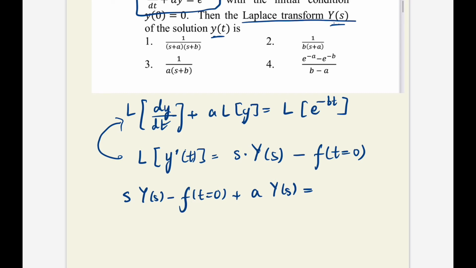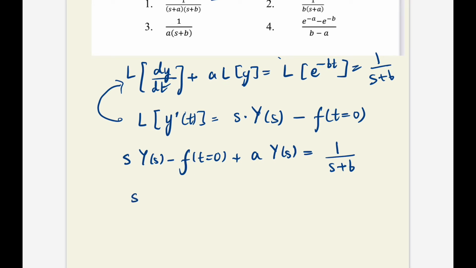The Laplace transform of e to the power minus bt is 1 over s plus b. This is the formula which one should remember: the Laplace transform of e to the power minus bt is 1 over s plus b. Okay, now